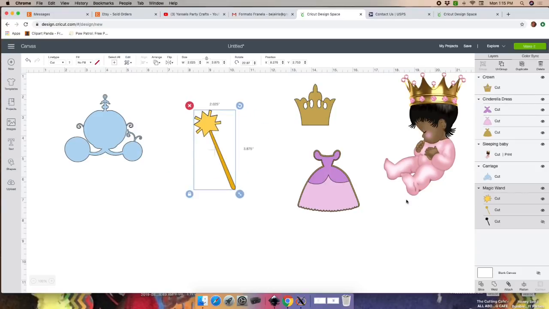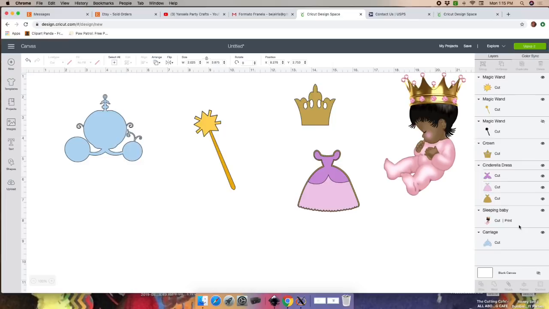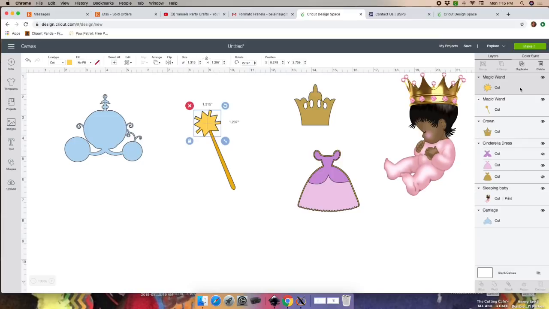Let's go ahead with the wand. With the wand, I will eliminate some layers that I will not be using. Click on the image, go on your right hand side, ungroup. We're going to click on this black shadow to bring it down to your canvas. Click on that eye, and then we go ahead and delete. Click on this other layer